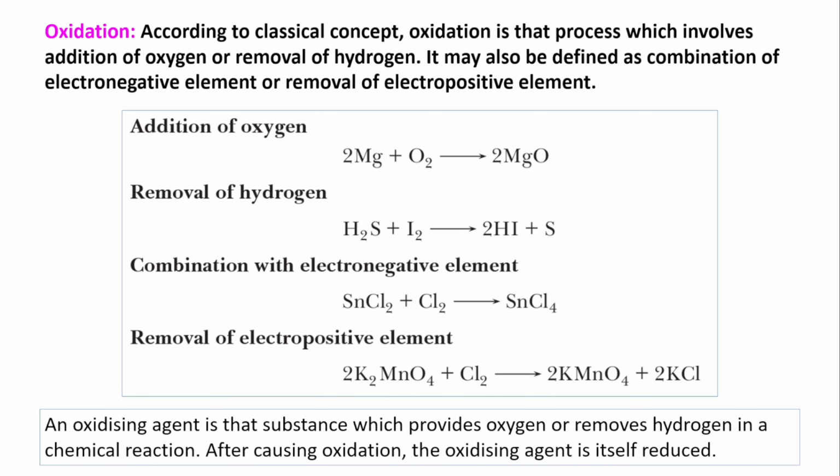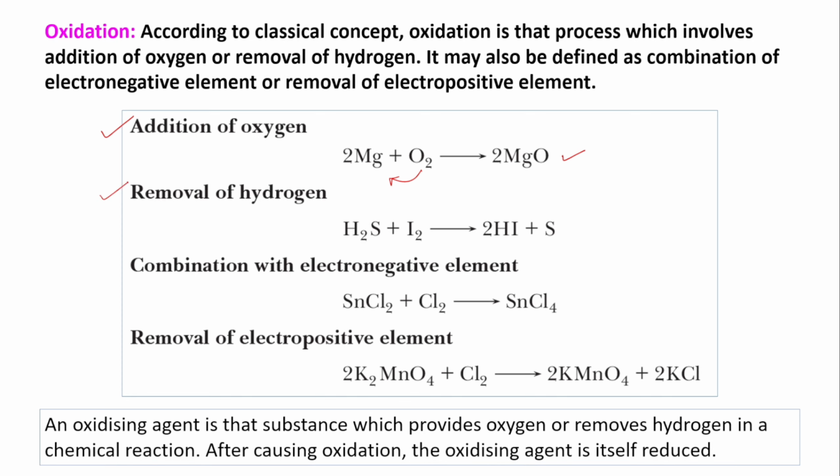So let us begin. In class 10th also, there was an introduction about redox reaction in chapter number 1. So there we talked about how oxidation and reduction are defined. The very basic concept regarding oxidation and reduction is that addition of oxygen is called oxidation. A simple reaction is the burning of magnesium ribbon in air, which forms MgO. This is again an example of oxidation because there is an addition of oxygen.